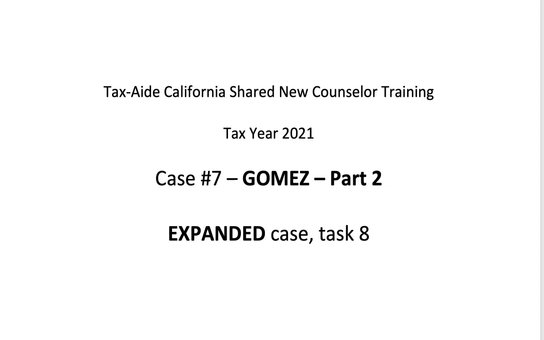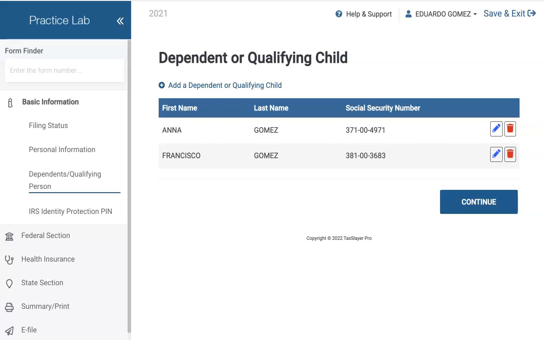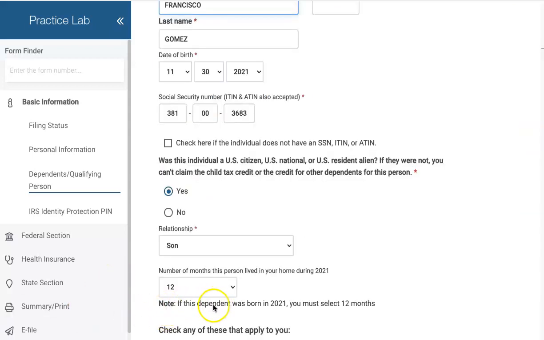Okay, let's take a look at some interesting aspects of the expanded case. So one obvious change, we've added the baby, Francisco, in the dependents section. And there's a nice note reminding us that the dependent was born in 2021. You have to say 12 months. That's also true for a dependent who died during the tax year. You also put 12 months. So if you had a baby who was born and then unfortunately died during the same year, it would still